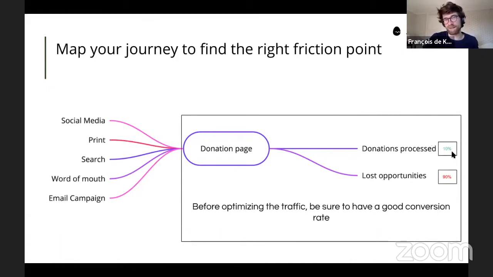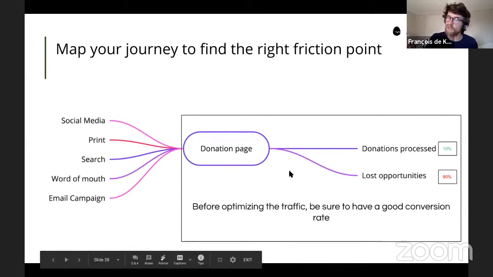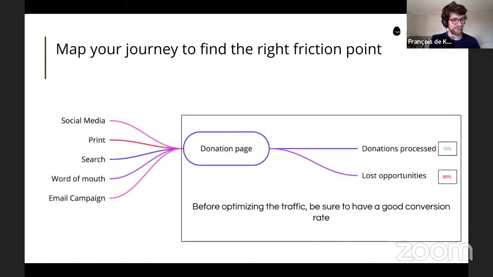They do a ton of work to raise awareness, to explain what they do, how well they use the donations, but the donation page is not good enough. And so people go there, but only 10% confirm their donation. Even if my methodology can be applied, as Kim said, to any part, you can always set up a measurable output and optimize it. Today, I will talk about optimizing your donor conversion rate.